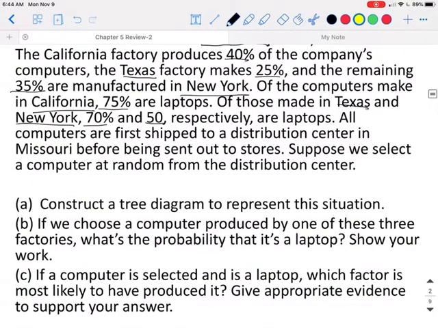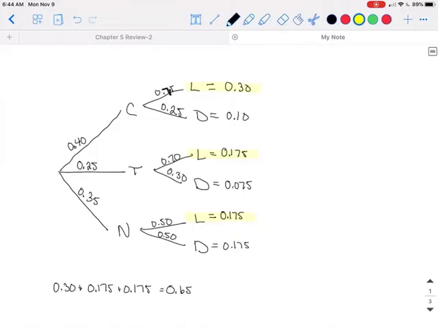If a computer selected is a laptop, what factory is it most likely to have been produced in? So we do know that it is a laptop, and it can come from California, Texas, or New York. Now, the ones in California are 30% of the laptops. So 30% over the 65% that are laptops, 30 divided by 65, will tell us that 46% of them are